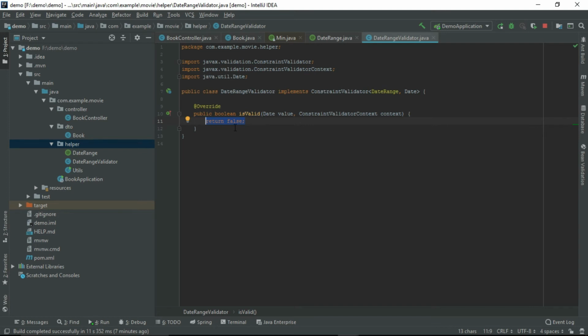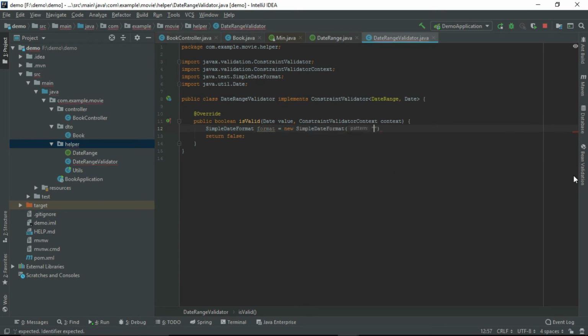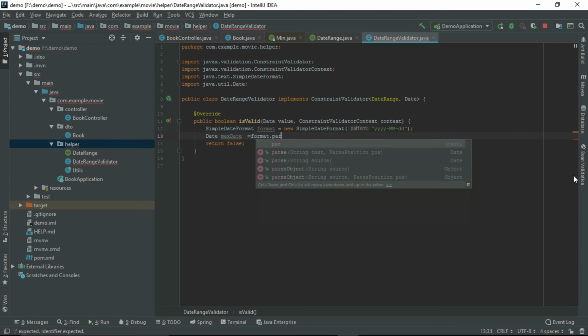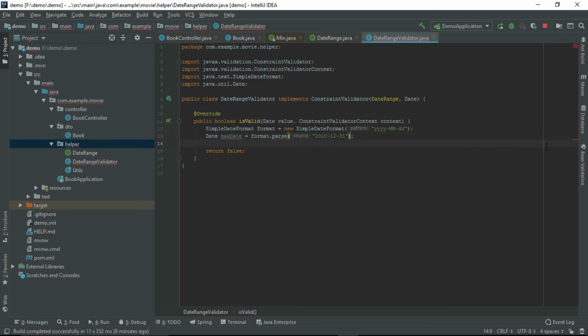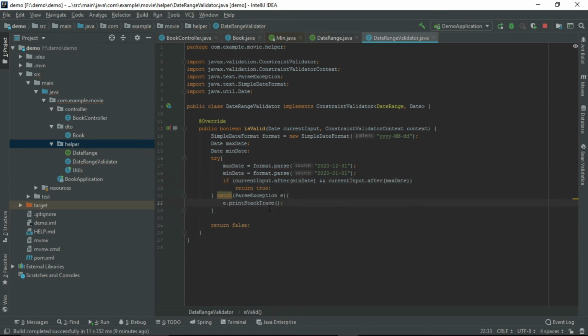Now let's write a custom implementation. Okay, now the implementation class is ready.